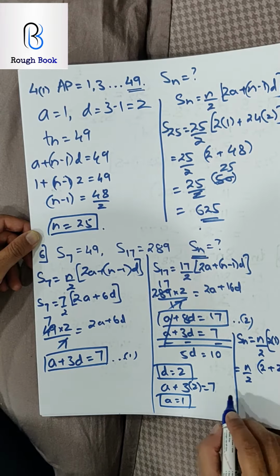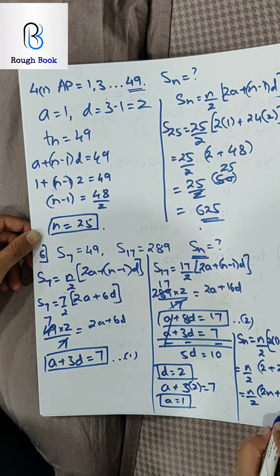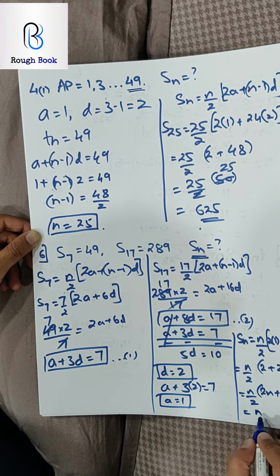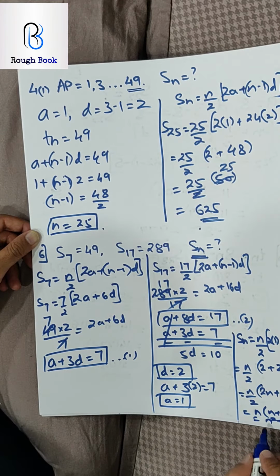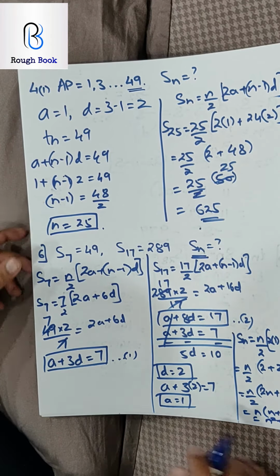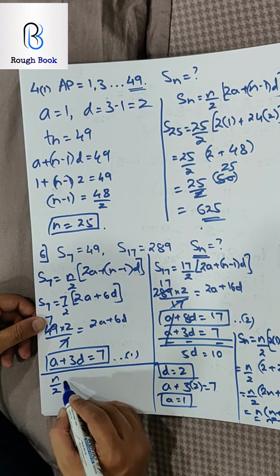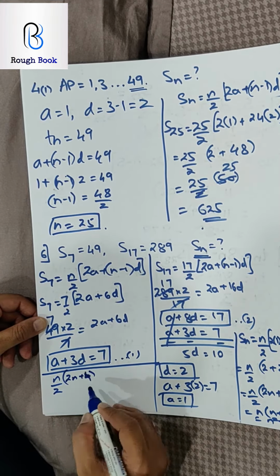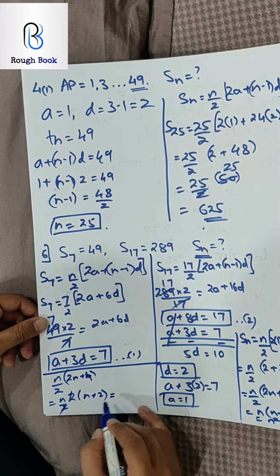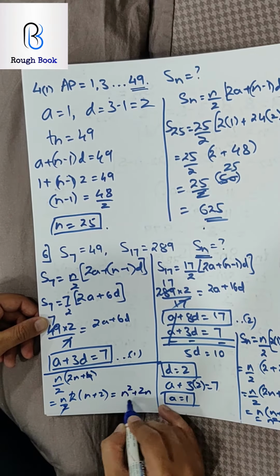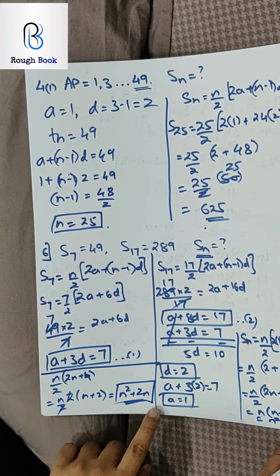So 2N minus 2 plus 2, so 2N plus 2... so my final answer, N by 2, 2N plus 4. I can pull out 2 common, and this 2 and that 2 gets cancelled. So it will be N plus 2. Open the brackets and it should be N square plus 2N as my final answer. I didn't get a lot of place here, so I'm just redoing this last part for you to see it well. From here, N by 2, 2N plus 4. I'm pulling 2 common. So N by 2, 2 times N plus 2. 2 gets cancelled. So opening the brackets, n square plus 2n. That should be the final answer for Sn. And then you can write somewhere, therefore Sn is equal to n square plus 2n.